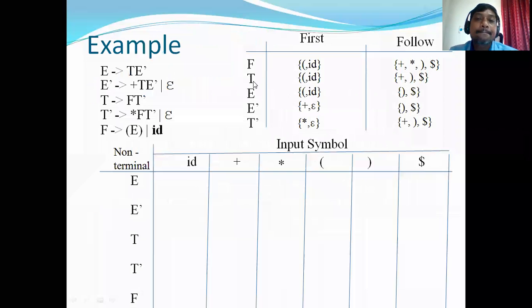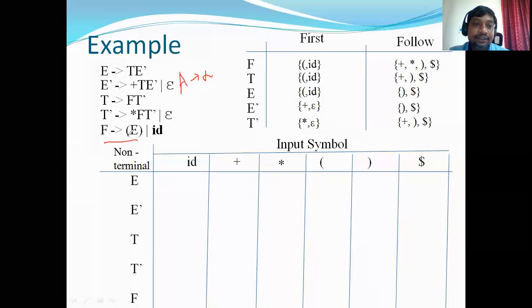Now, we have computed FIRST and FOLLOW sets. What is FIRST of F? If you consider A derives alpha, FIRST of A is nothing but FIRST of the right hand side of its production rule, FIRST of alpha.